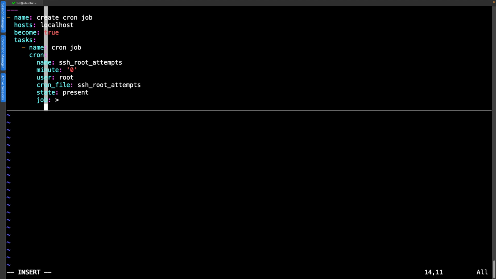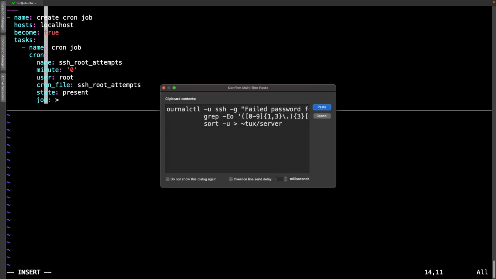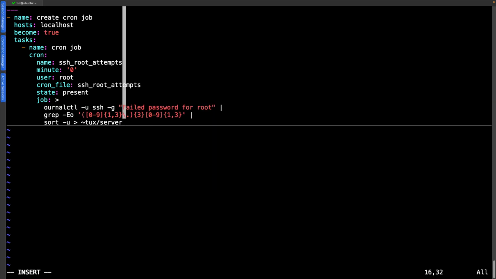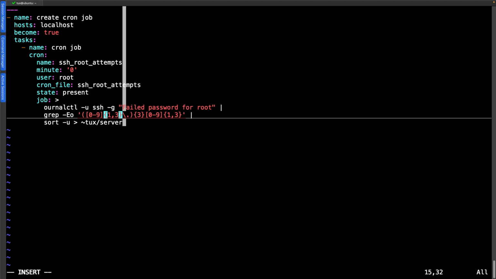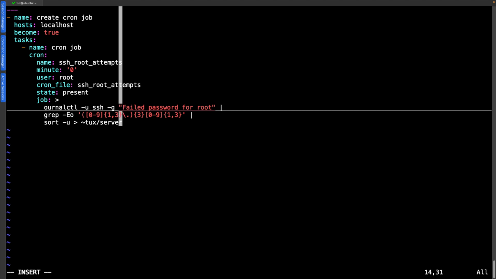As we then go through and specify our entry, I've already got this stored elsewhere, so I'm going to paste it in. And as I go through then and paste my entry in, everything has come across apart from the J of journalctl.